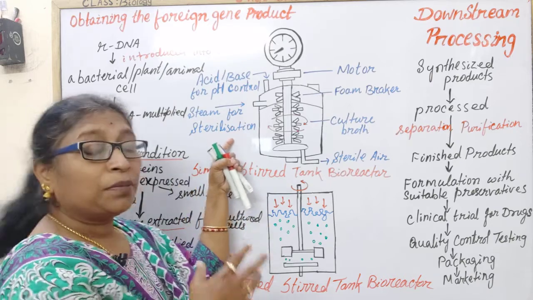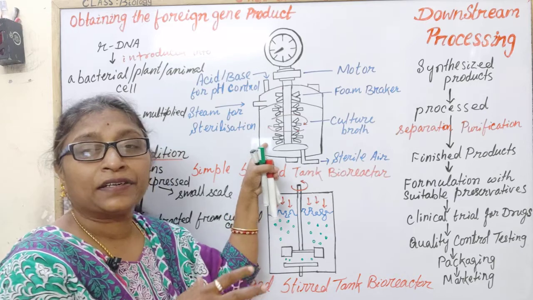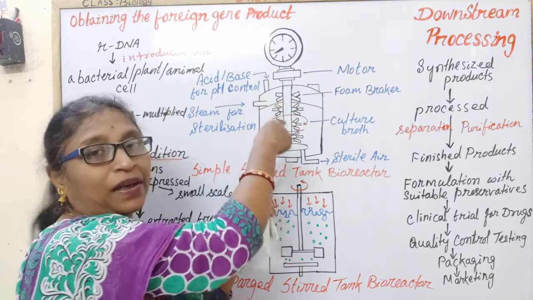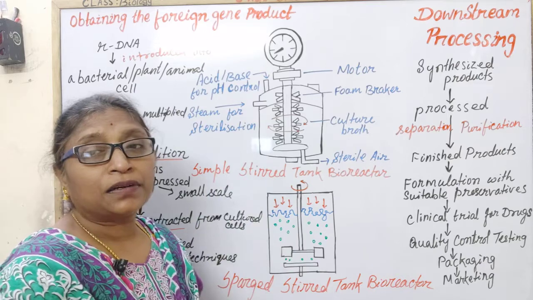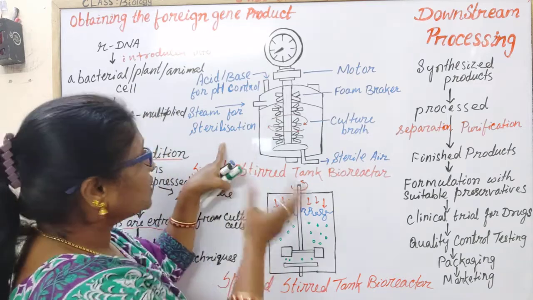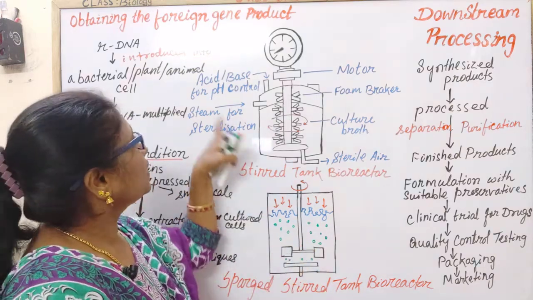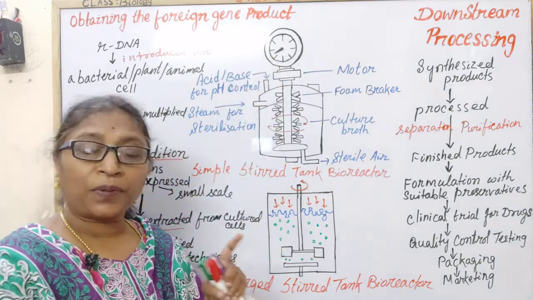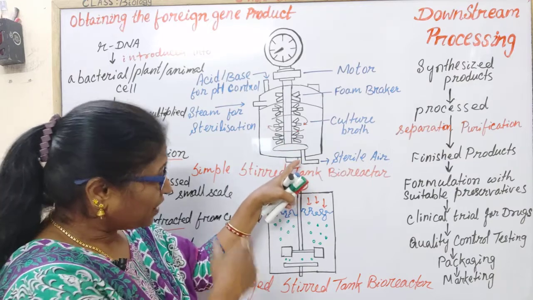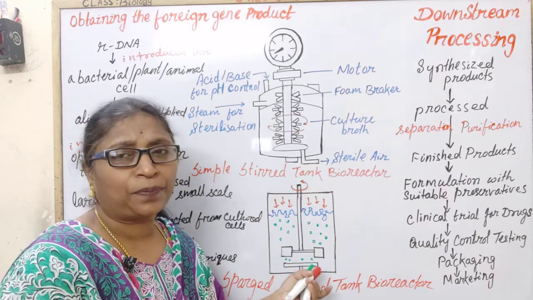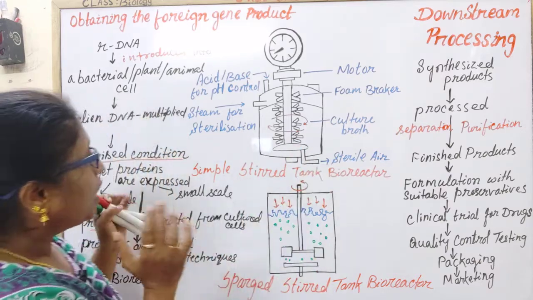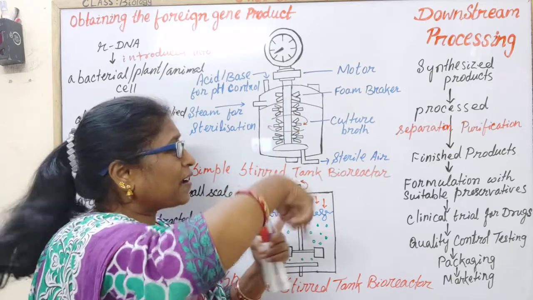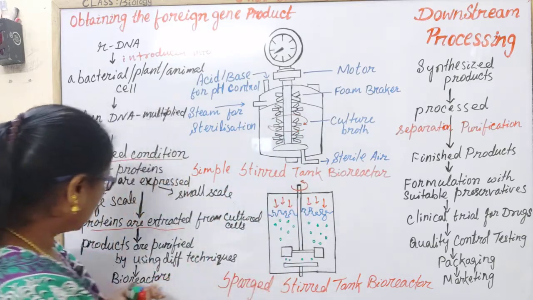And steam is provided from this side for sterilization, to keep the internal environment microbe free. This is the closed bioreactor, kept microbe free. Acid or base is added from this side to control the pH. Then sterile air, meaning contamination-free air, is released from this side. The products here are stirred, and by this they are processed,